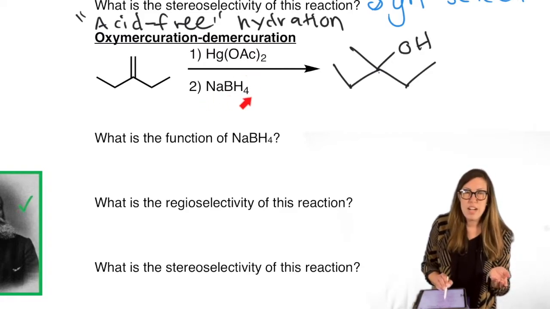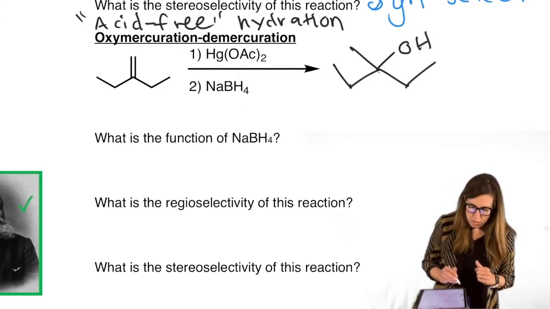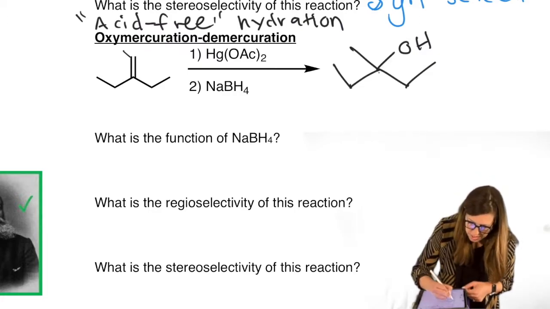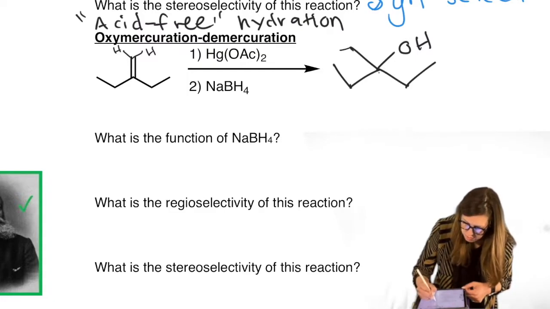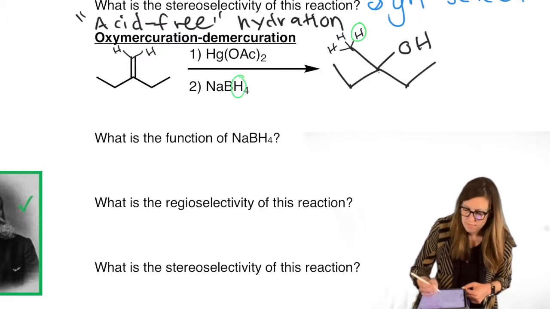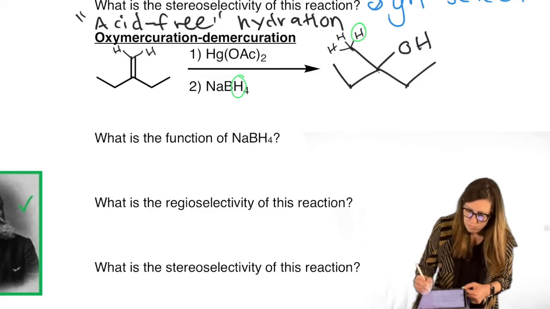It's sodium borohydride, which is an H-. The function of sodium borohydride is to add the final H, that new H. So it's our H source, our hydrogen source. So remember, if you look at the net change of what happened here, let's draw on our H's that are missing. This is that same carbon right here. It still has those 2 H's, but it's going to have a new one. Where did that new one come from? I'll just choose that to be the new one. That came from this step.